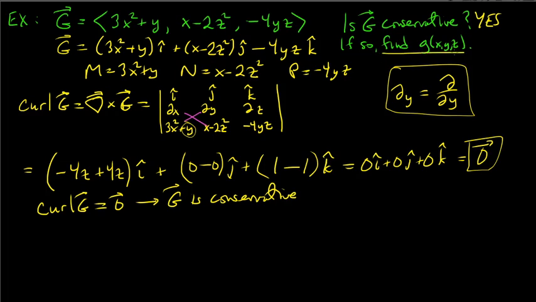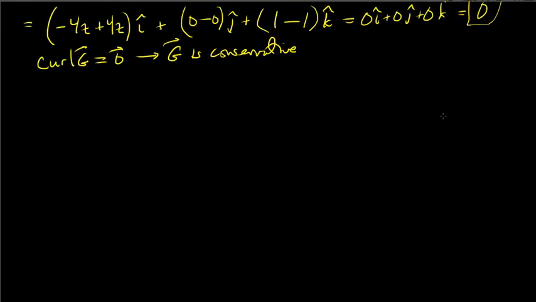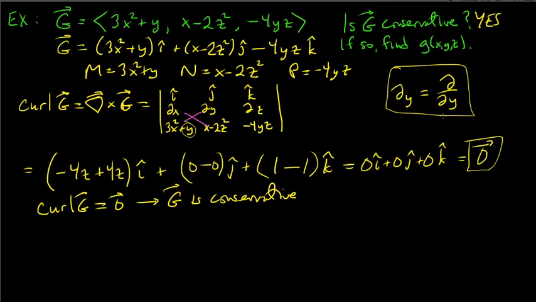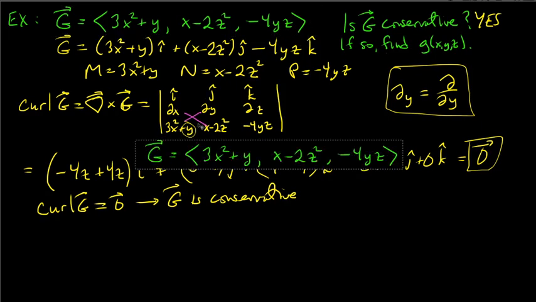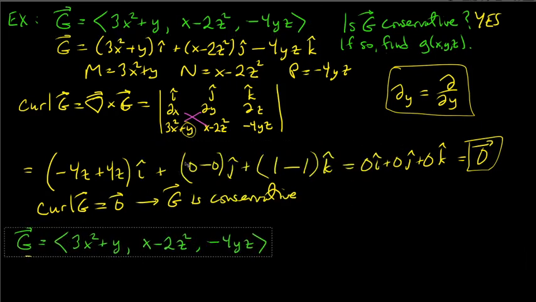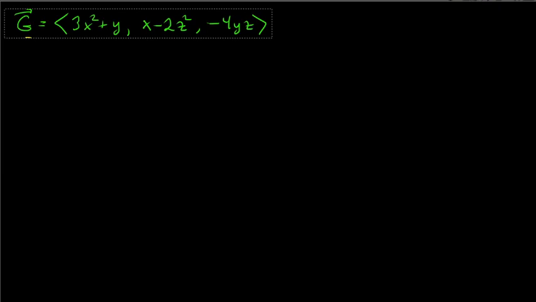But since it is conservative, that means there is a potential function, and now we have to find that as well. So yeah, in some sense, we didn't have to do this curl, because if we just look for the potential function now, although I'm going to need my m, n, and p here, so maybe can I just copy this down? Yep. Right. So now we're going to use this to find the potential function